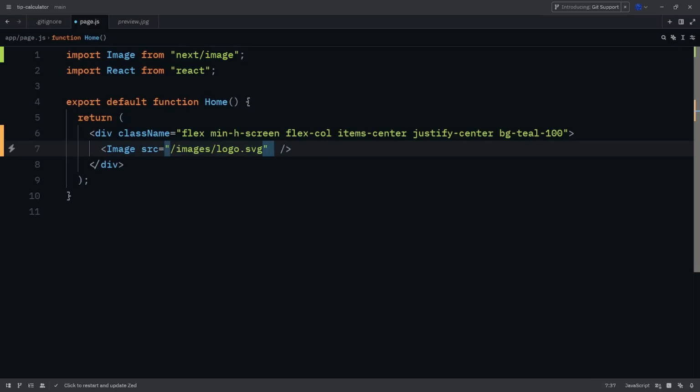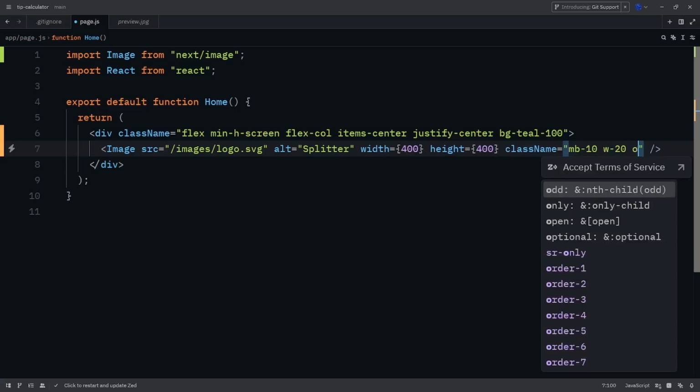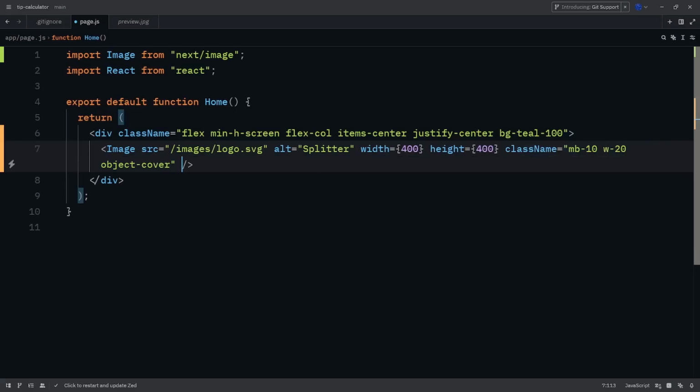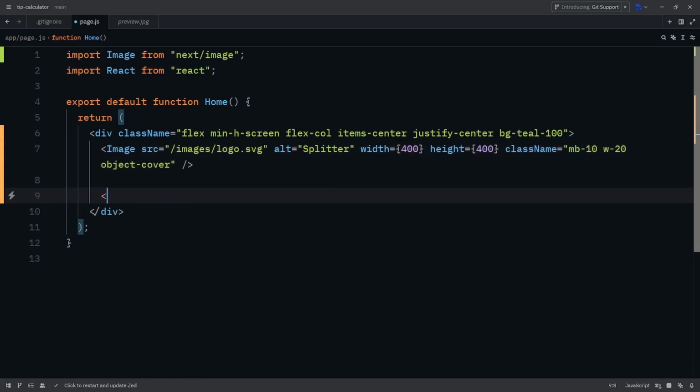Now this image is going to have an alt attribute called splitter because that is the name of the application. The width is going to be 400. Height is going to be 400, and it's going to have some class names here. So margin bottom of 10, and then width of 20, and then object dash cover so that it looks nice. And then below this image, we're going to have a div,